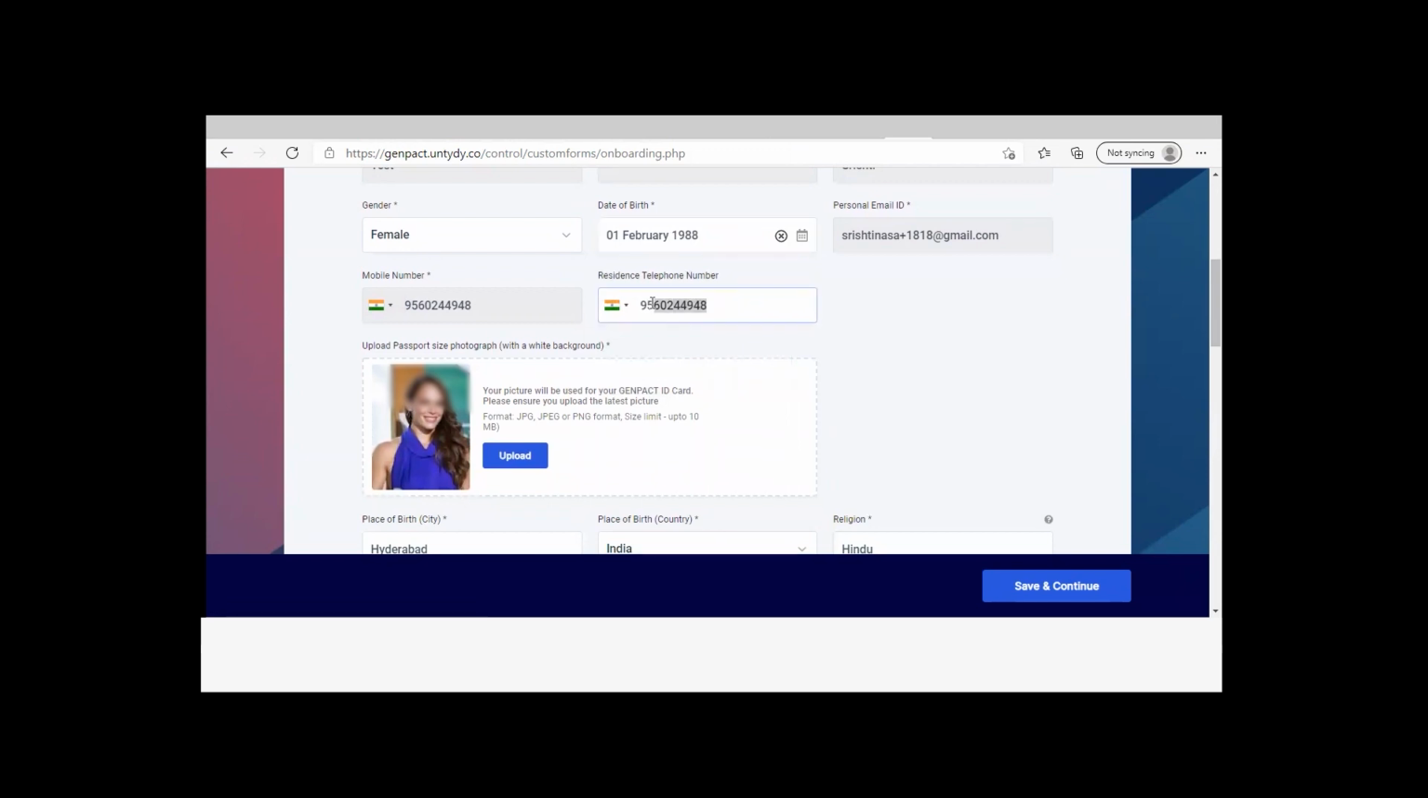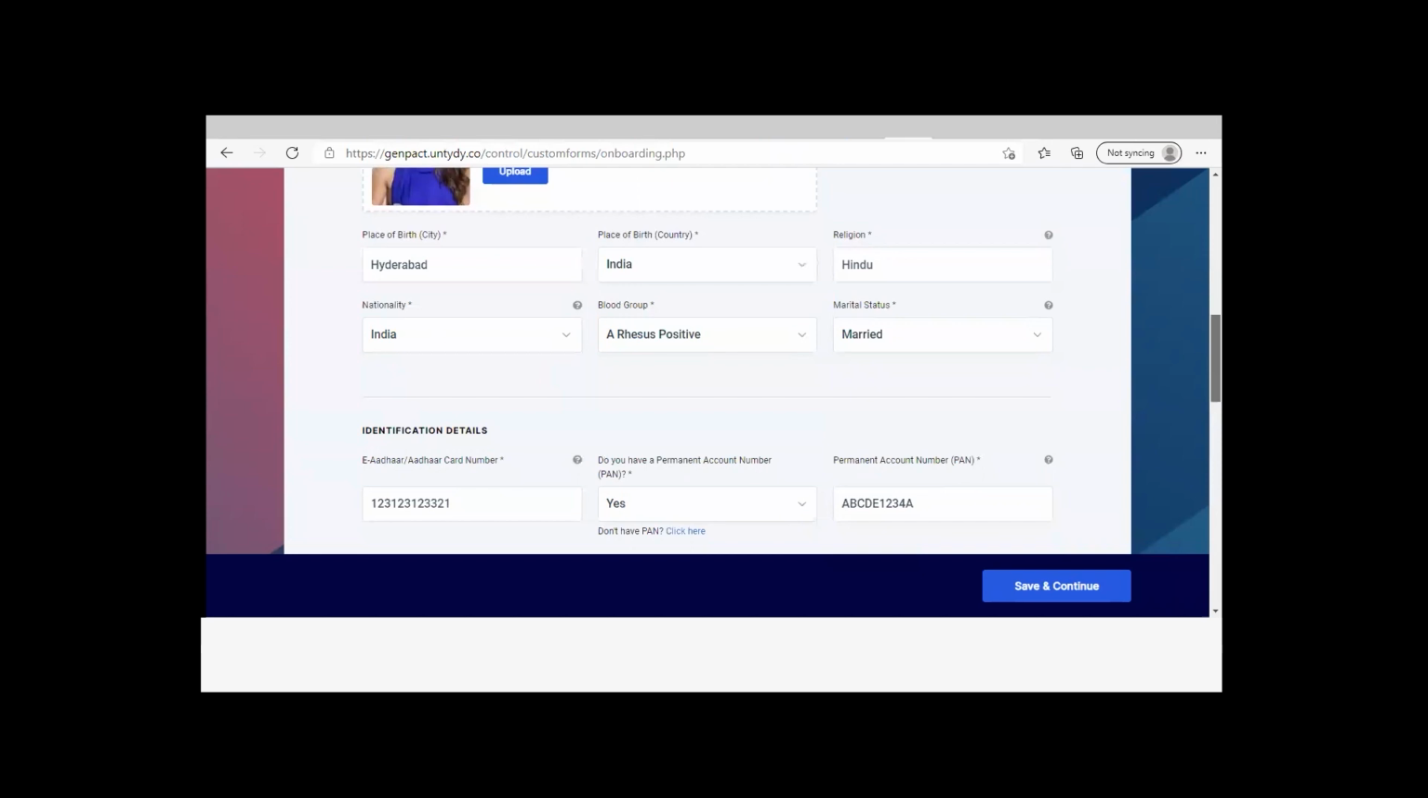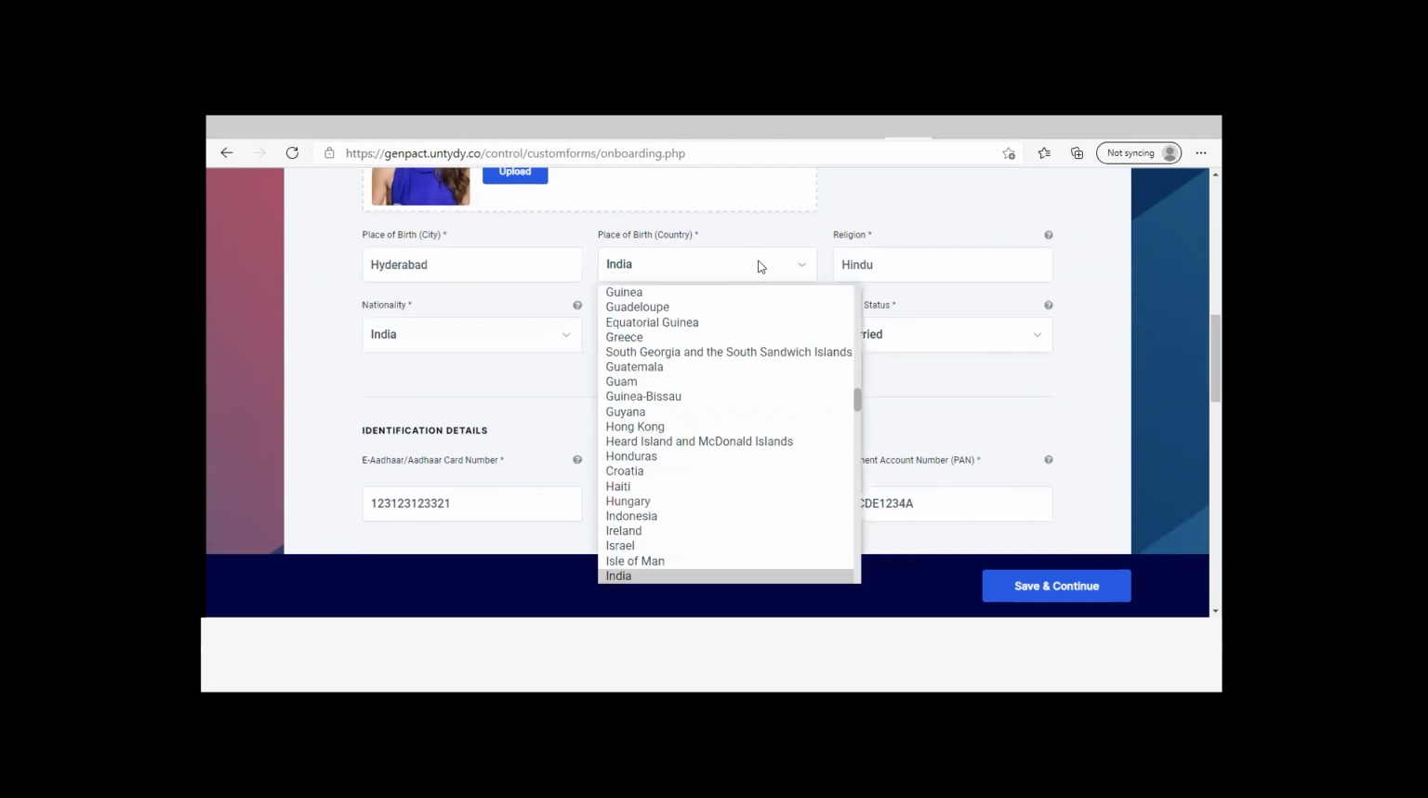enter your telephone number. Now click to upload your photograph, which would be used for your Genpact ID card. Remember, the acceptable formats are JPG, JPEG or PNG. Scroll down and enter the city of your birth, country of your birth,